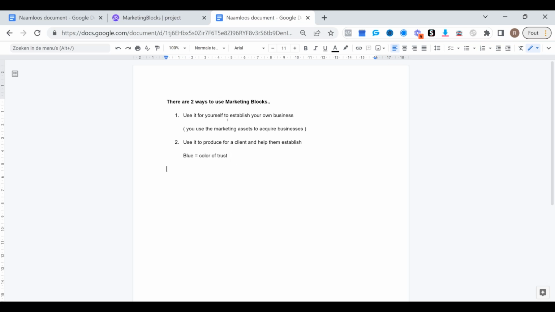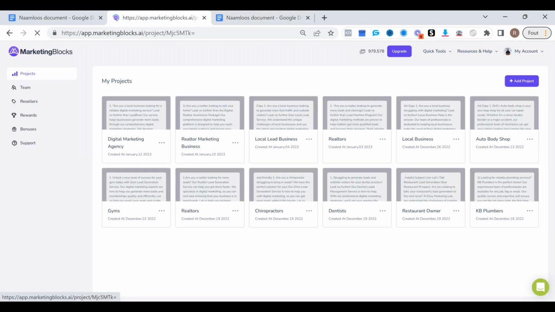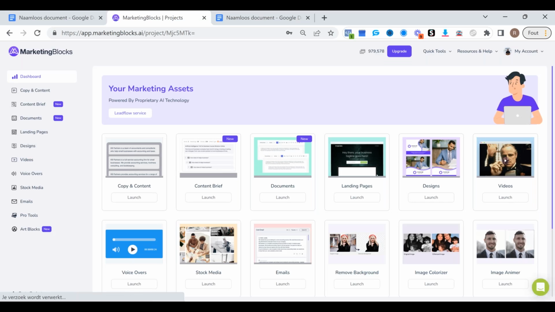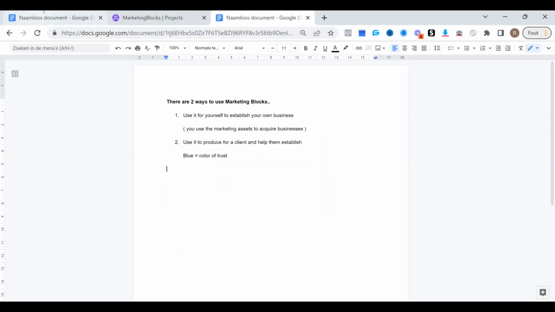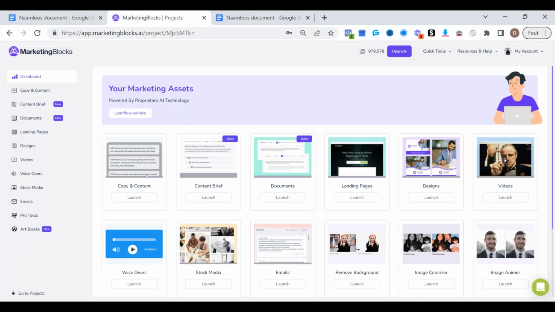So I'll, by the way, share this document at the end as it gets more filled out. All right, so I think that's clear. Let me go back to the digital marketing AG. Now, the first thing, I'm just gonna run through these, or at least not all of them. Let's see what we have on the doc right here. Extended product demo, walkthrough use cases. Yeah, so copy and content